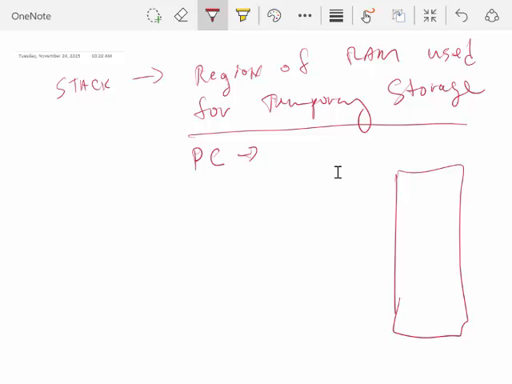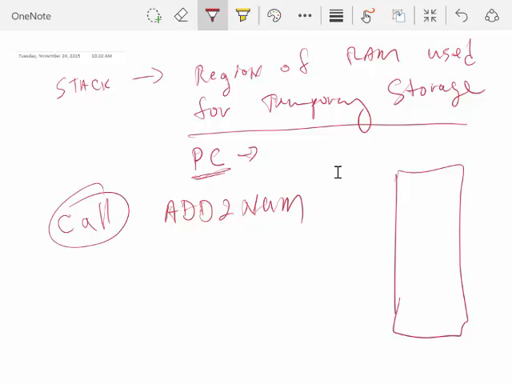In particular, the program counter is almost always stored directly onto it. So whenever yesterday you had a line of code that said call add_to_num, you had that line there. Now, when you did that, what that does is in the